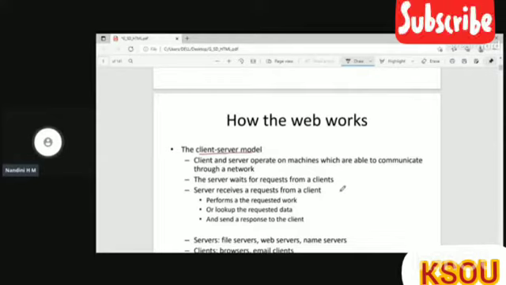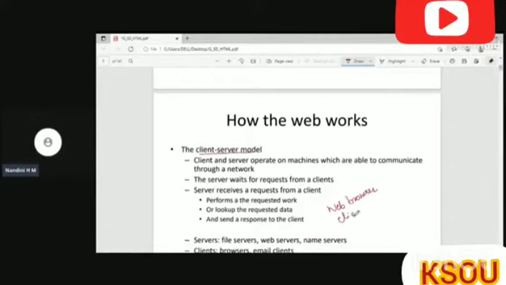So when you want to visit the KSOU website, you will use some browser. With the help of the browser, you go to a search engine and type KSOU, right? In that case, you are the client because you are requesting the website with the help of the web browser. So actually, the web browser acts as a client, right?